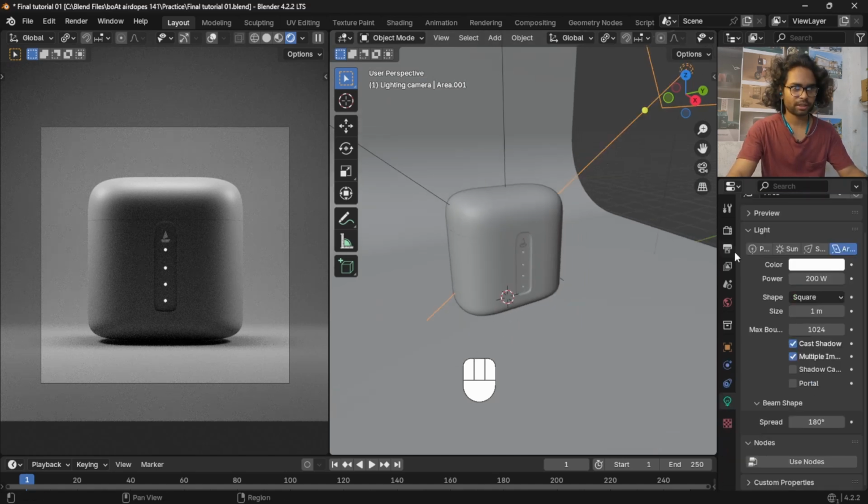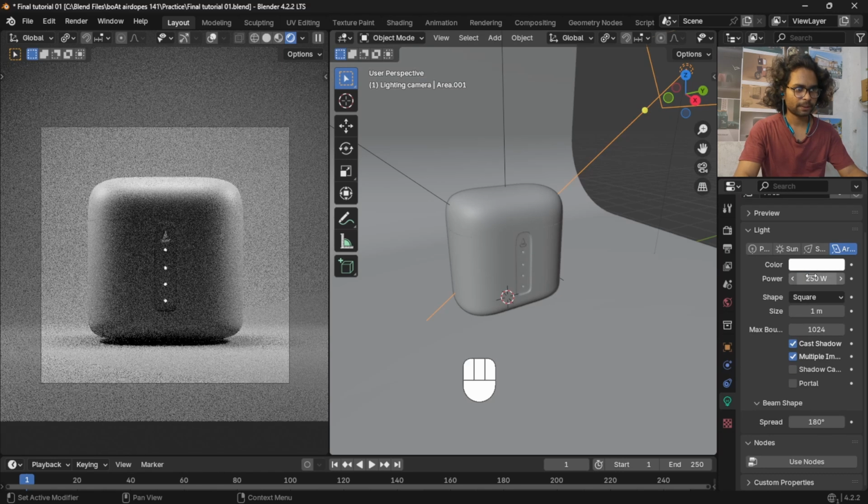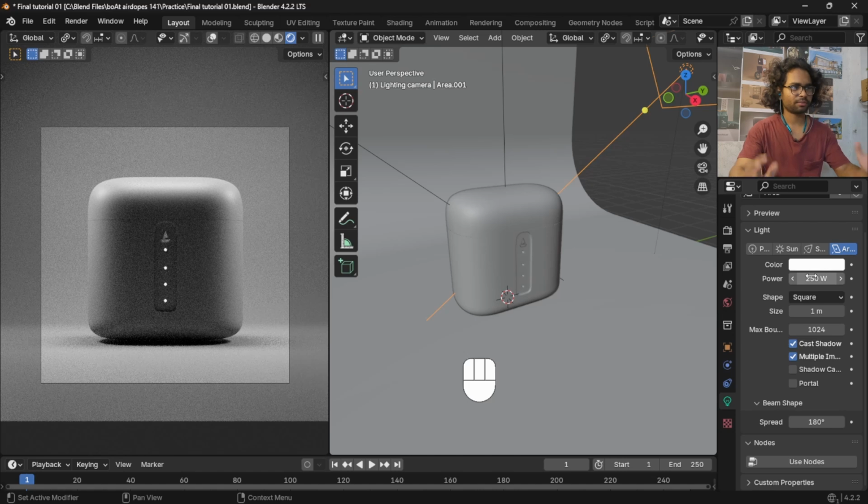Let me change the lighting just a bit, like 250 or 300. It's awesome. It is looking great. Control S, save. Now we have done the first part of this tutorial. We have done the box, and in the next part we are gonna create the